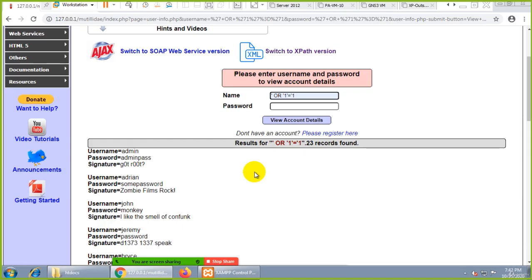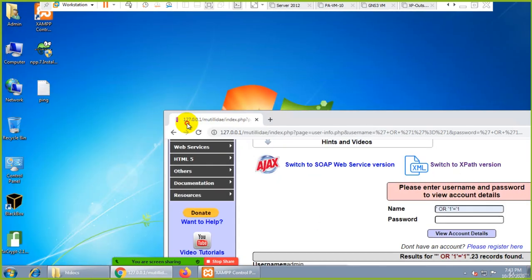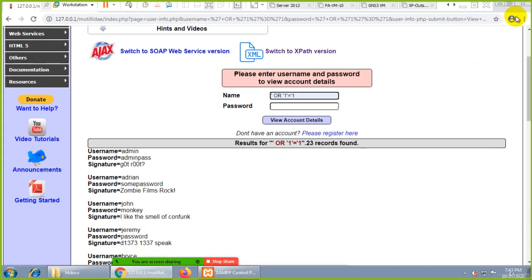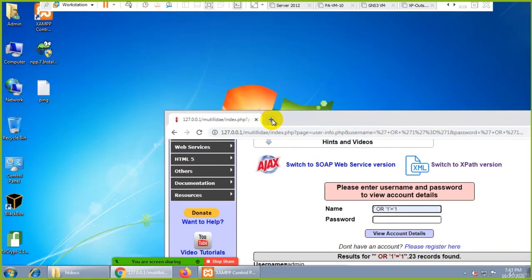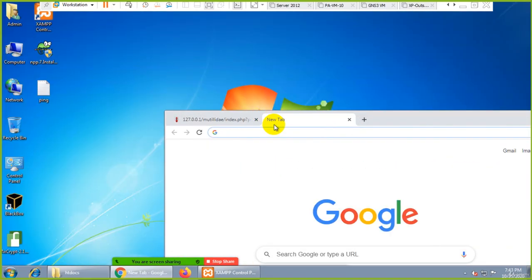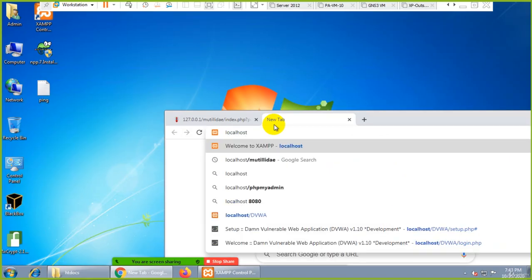And there are many websites you can try on, maybe some of them, but it's illegal. So that's why this link is for you to test locally. And also you can do the same thing in the other one. As I told you, there are two applications to test all your things. Okay, let me try the other one, DVWA, localhost, and